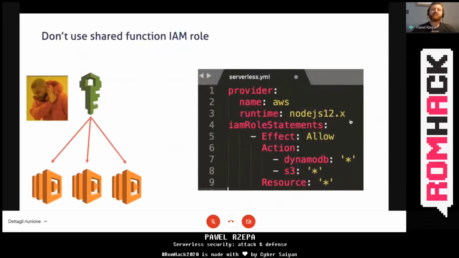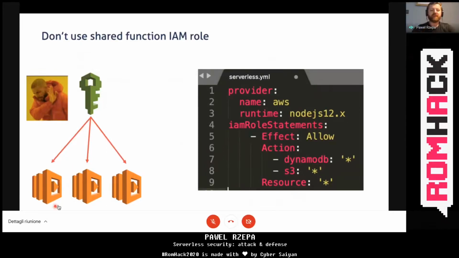And over-permissive roles are the biggest plague of serverless applications, no matter what provider you are using. By default, if you are using the Serverless Framework, you create just one role per application, which means just one role for all Lambda functions.